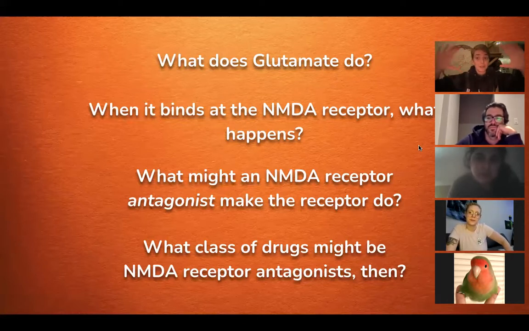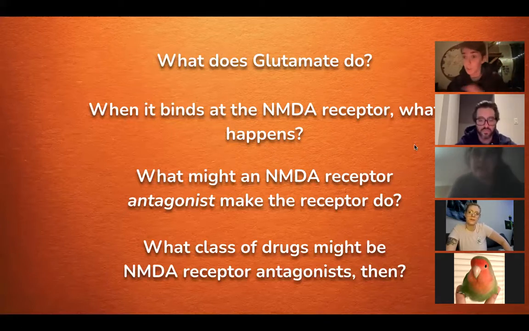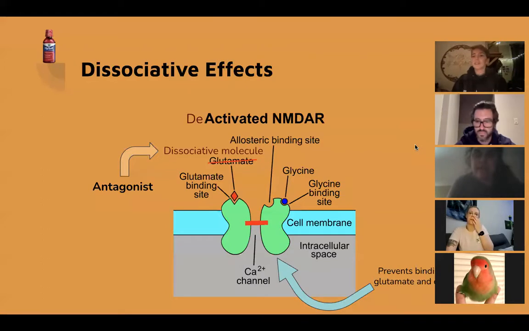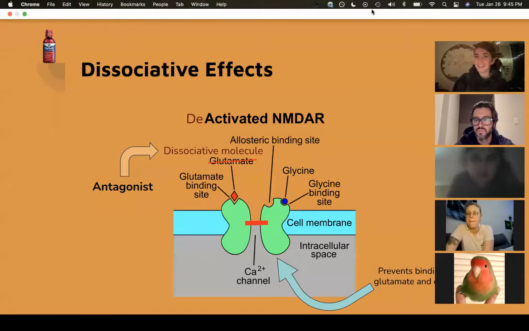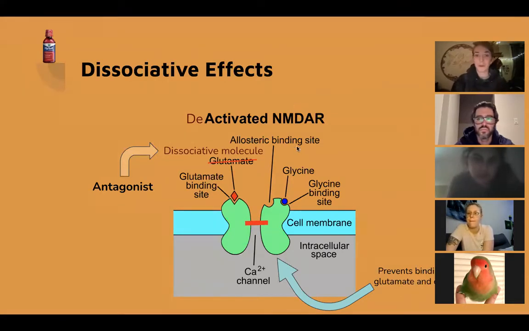Class of drugs, dissociatives. If you have questions about that, feel free to ask them in the chat. I know it's complicated. So let's look at a horrifying diagram, altered to be even worse. This is if you have a dissociative molecule at play. A scary dissociative molecule comes in and sits itself into the NMDA receptor. It sticks itself in there and it's like, no signaling for you, sir. And then your brain does not communicate with itself or with your body as much as it normally would.